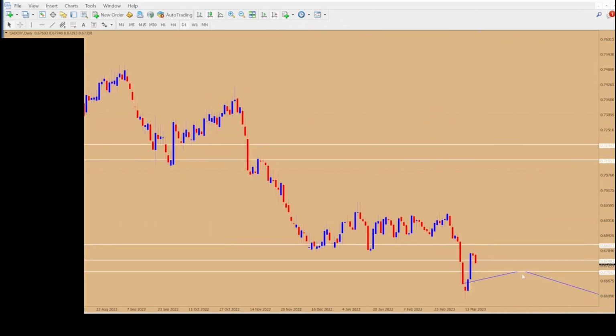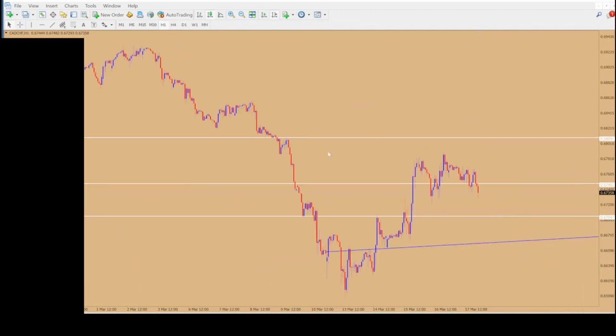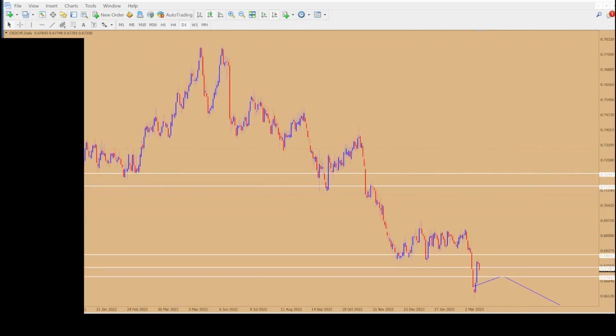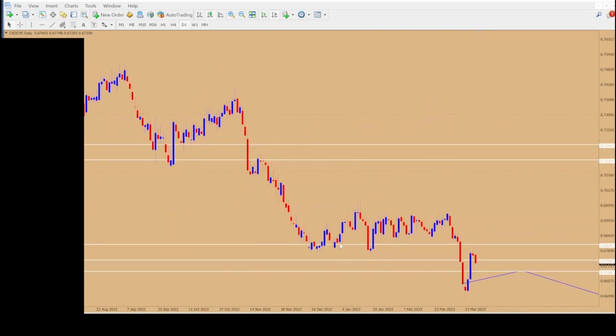Now, for my prediction of CADCHF from last week, it held on the lower time frame, but did not give us something good enough on the higher time frame. So it was not an accurate one, but we still have a scenario like that looking like it's going to play out. So if we have a retest of this area, possibly we might see some bearish momentum, but I'm